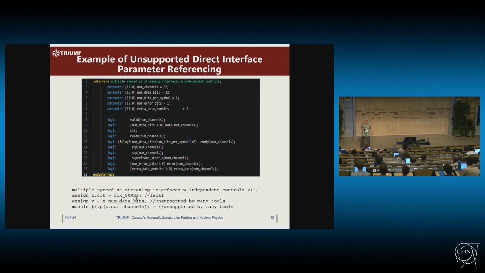So I want to take an interface and connect it to a module and parameterize that module based on the parameters of that interface. So if, for example, my interface has 32 bits per data, then